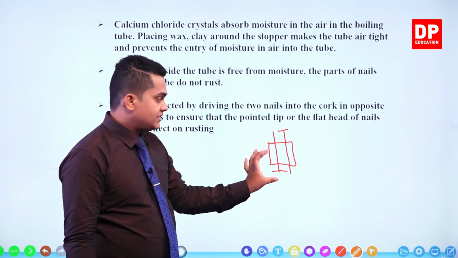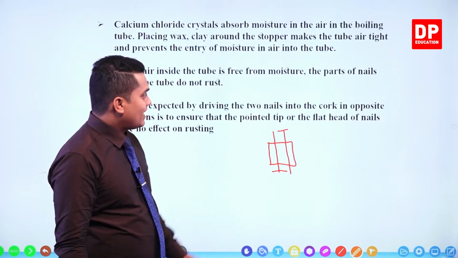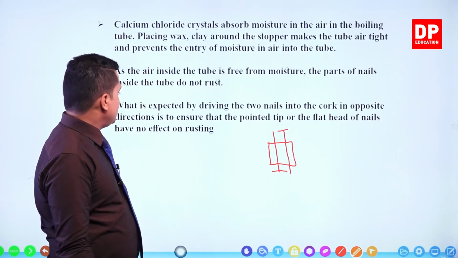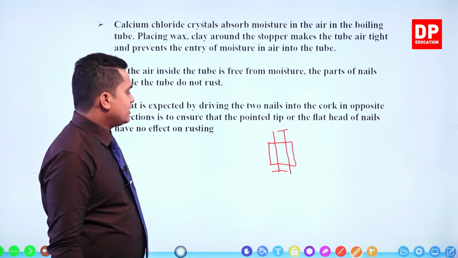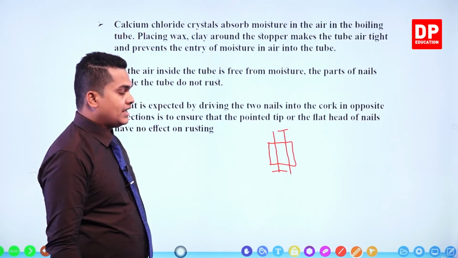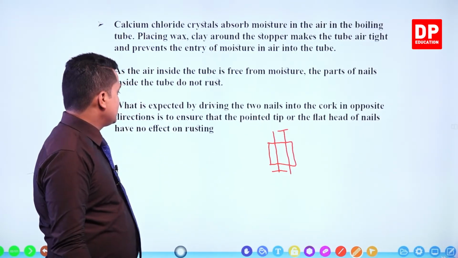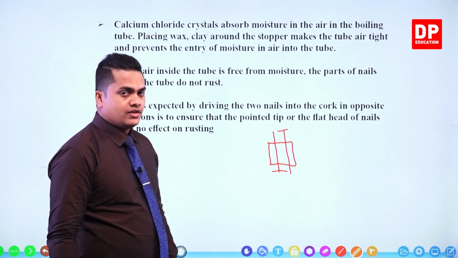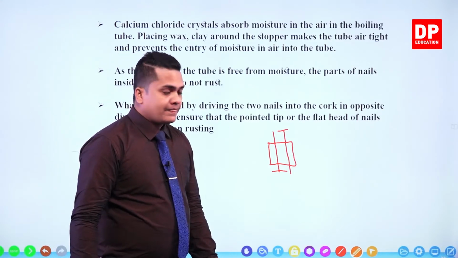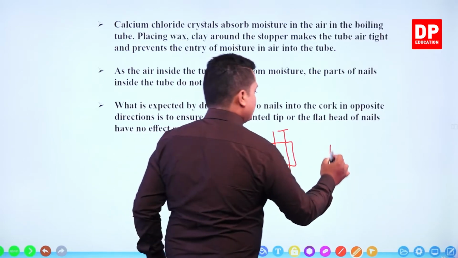What is expected by driving iron nails in the cork in opposite directions is to ensure that the pointed tip or the flat head of the nails have no effect on rusting. Now somebody may say that if I am going to insert it like this,